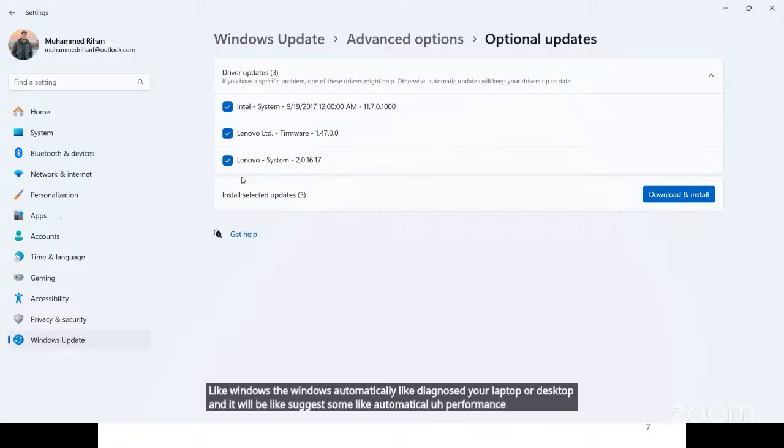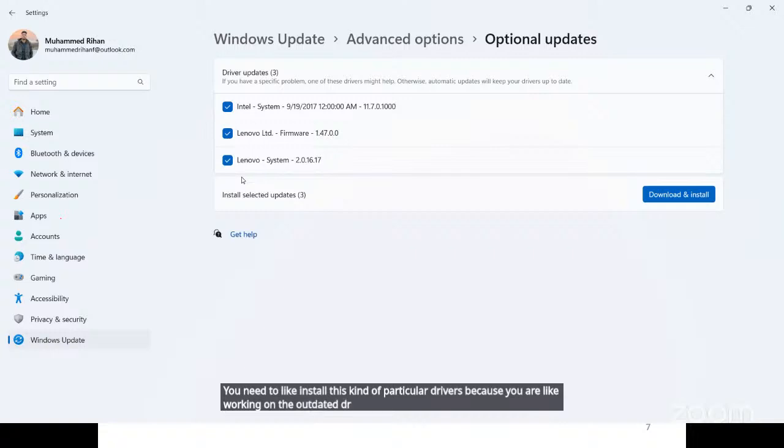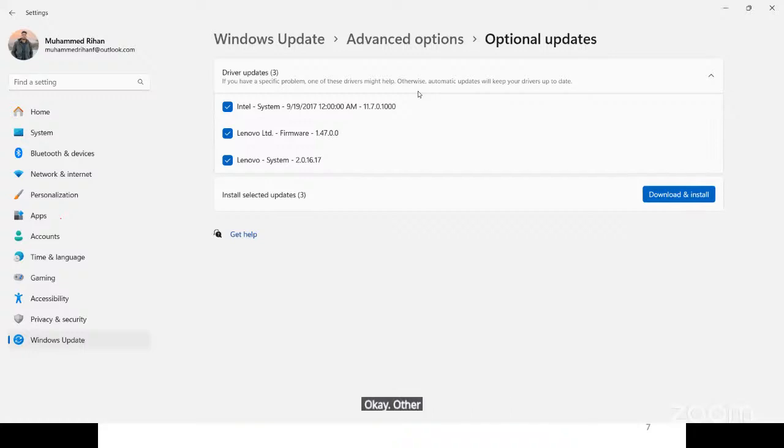Like you need to update your Windows, your security patch has expired and you need to renew it, or you need to install these particular drivers because you are working on outdated drivers. So Windows will automatically give this kind of instruction. As per the Windows instruction, we need to update our system. It's mandatory. Otherwise, most of the functions will not work for us.